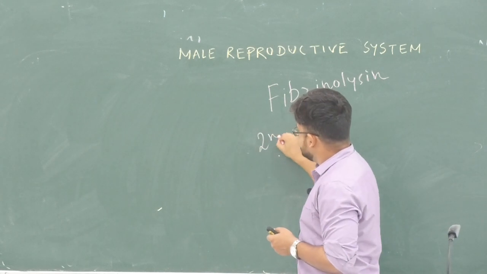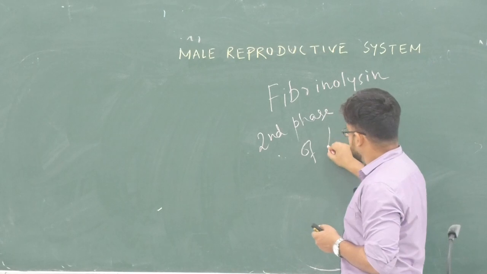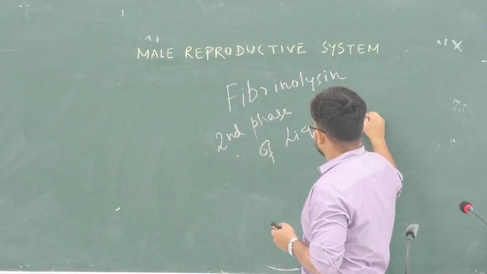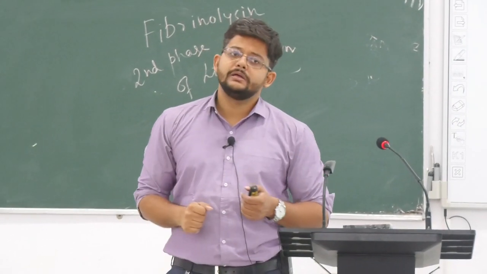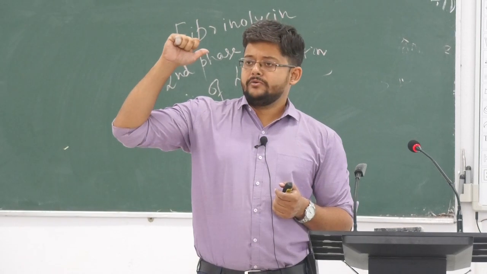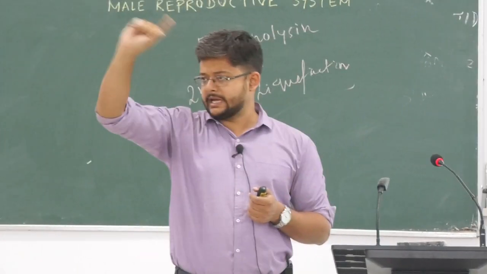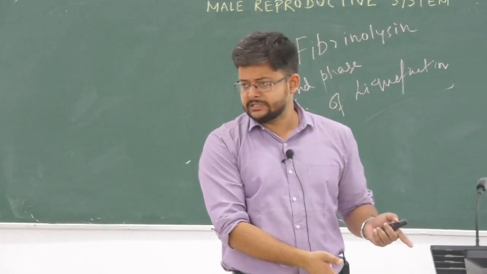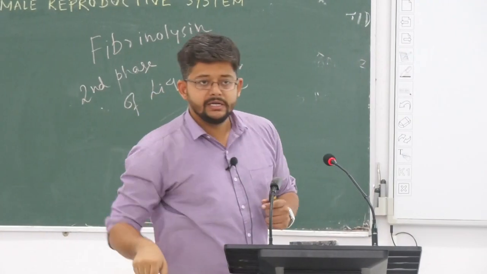Fibrinolysis, what it does? Second phase of liquefaction that happens inside the female genital tract. So if the seminal fluid in the second phase becomes liquid, motility will increase. Then just now এটা যেটা বললাম সেটা এখান থেকে ব্যাপারটা হচ্ছে লাস্ট জিঙ্ক।